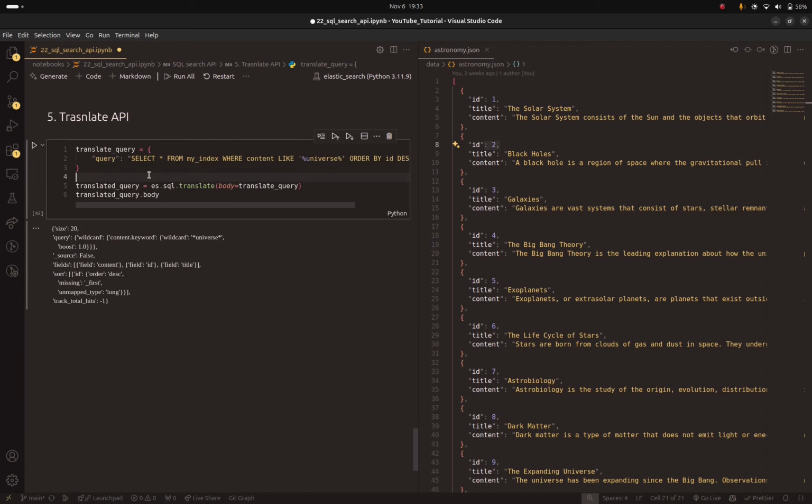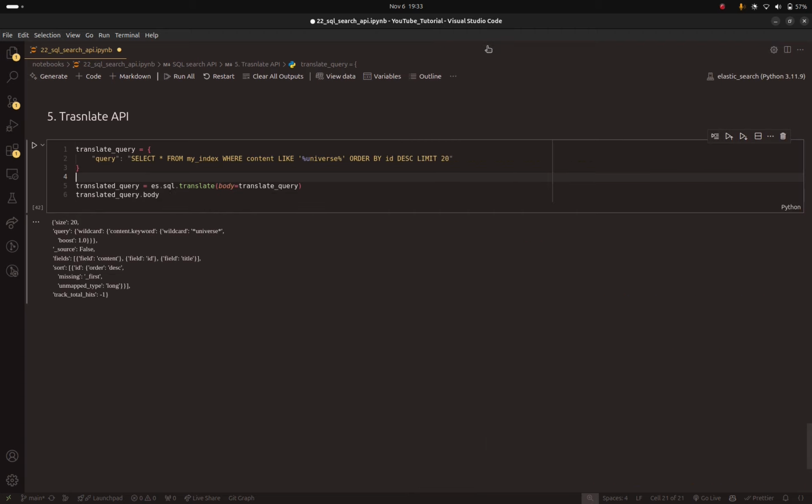Finally, we have the translate API. Let me remove the file. You can see that initially this is the SQL query. But what if I want to get the Query DSL representation? That's easy. So you use the SQL API, and here it provides you with the translate method. Basically, you pass the SQL query and you get back the equivalent query, but in query domain specific language that